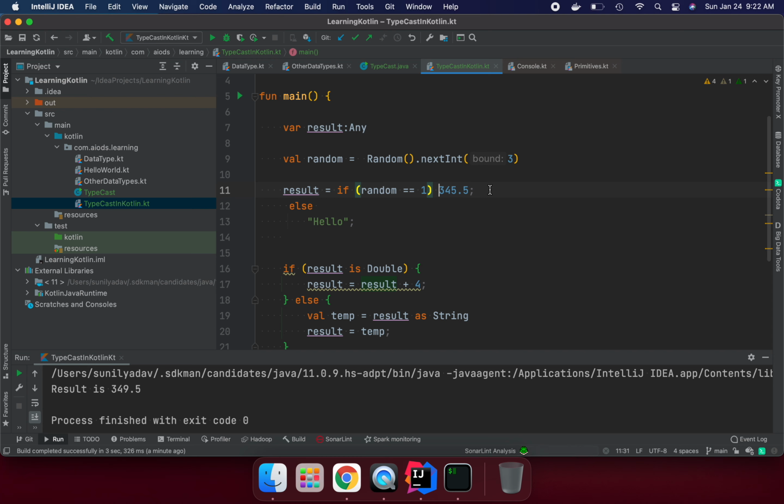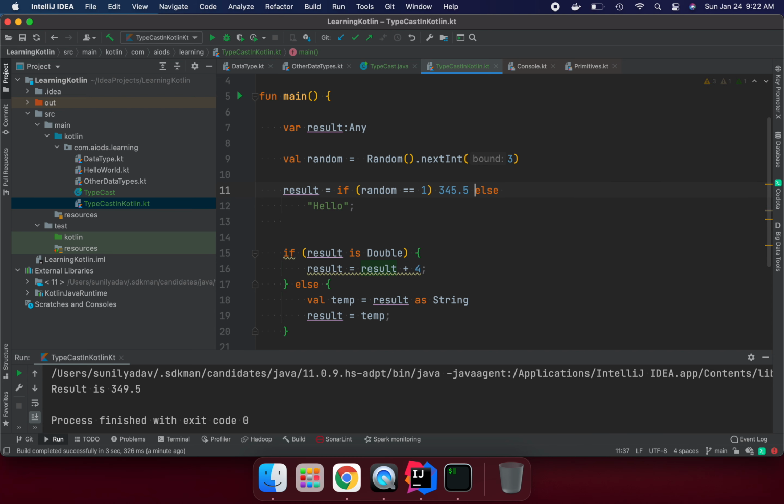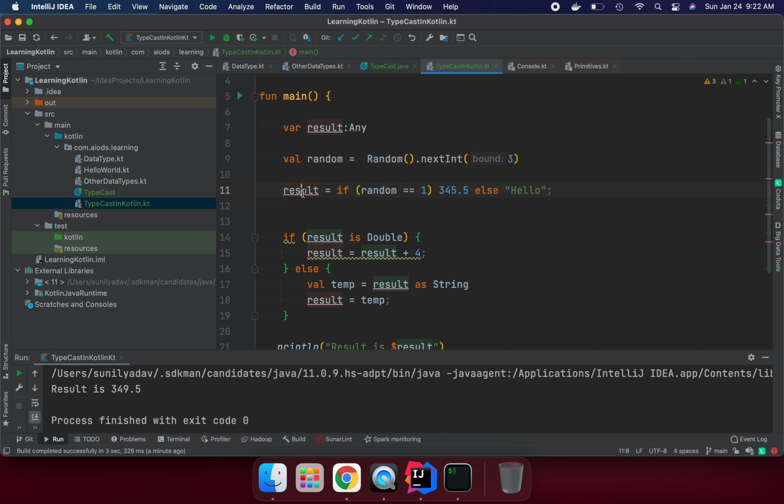So if result is this, okay, let's remove the semicolon, I still have it. Else, and store into the result variable, right? And similarly we can remove this one as well. If result is Double, then do the plus, right?